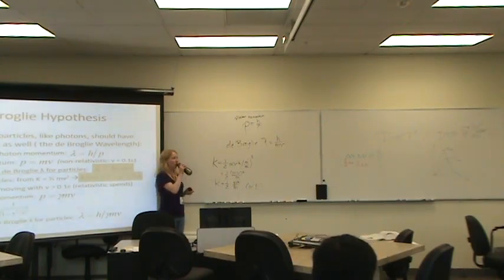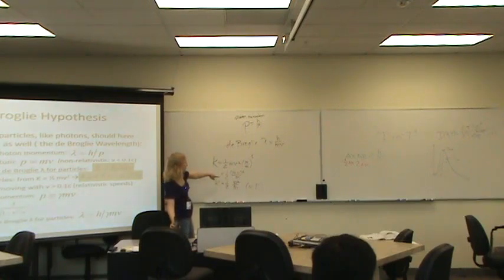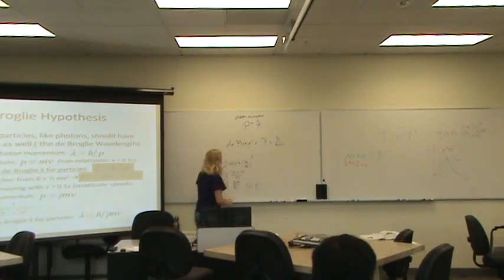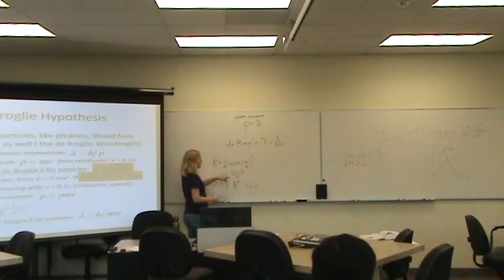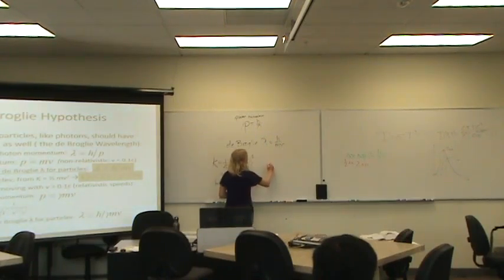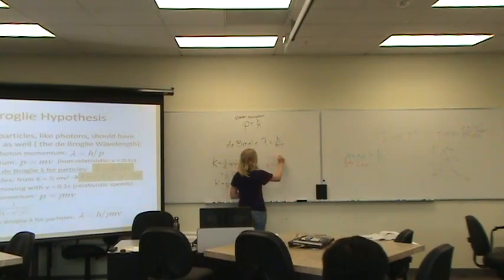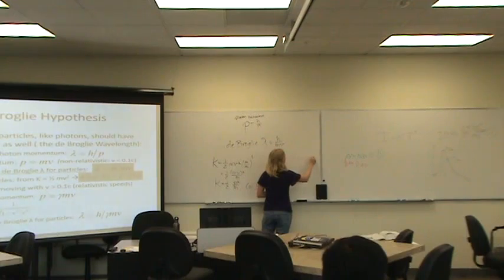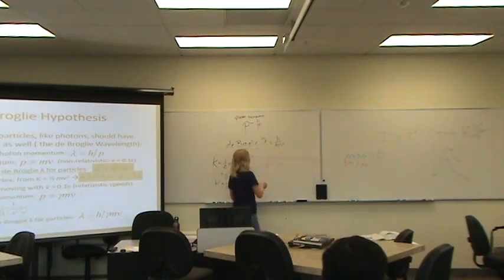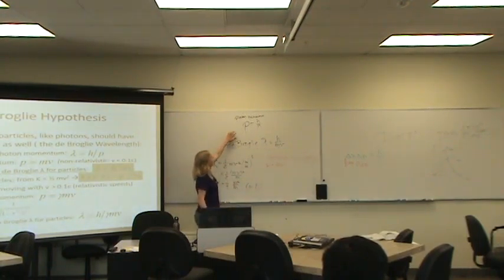So in this energy equation, you're using momentum. Is that the photon momentum, h over the wavelength? This is for a particle. A particle has mass, and so the momentum of a particle is just mass times velocity. You only use that formulation for momentum if you're talking about a photon.